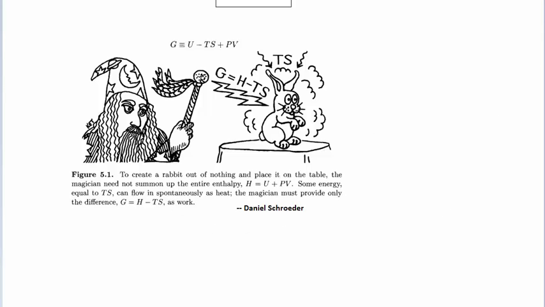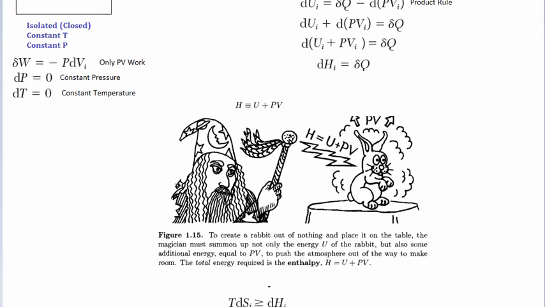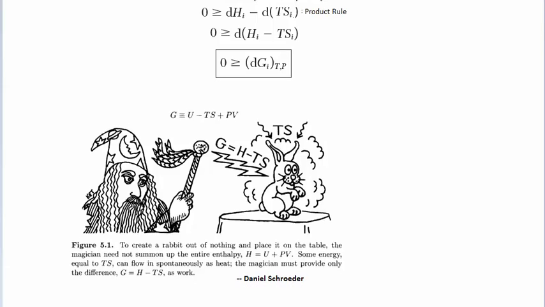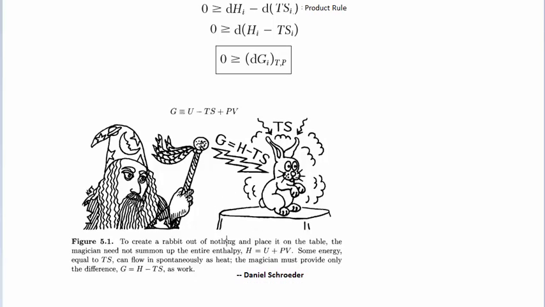So what Schroeder says here is that you don't need to provide all the energy to get the rabbit here, because the entropy does some of it for you. So you only need to supply the difference, which is the Gibbs energy. Okay,